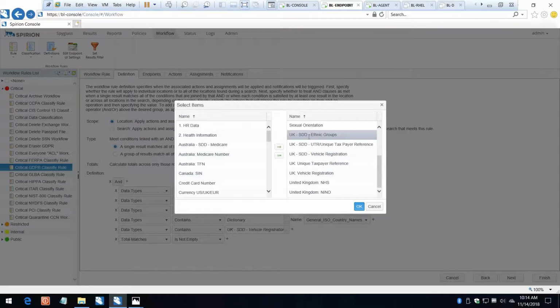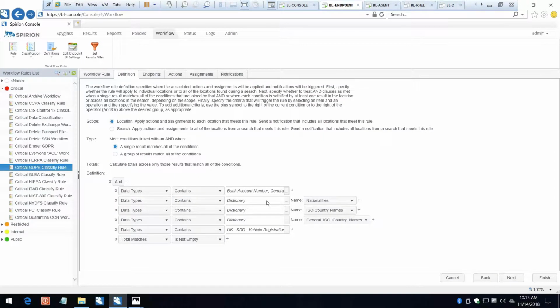So I basically add these rules from this available list of rules from my left. In this case, this mostly is around UK information because this company happens to be located in the UK. So I'm focusing on that particular data. I can focus on any of the EU countries when it comes to it, and I'll show you an example of how we do that.